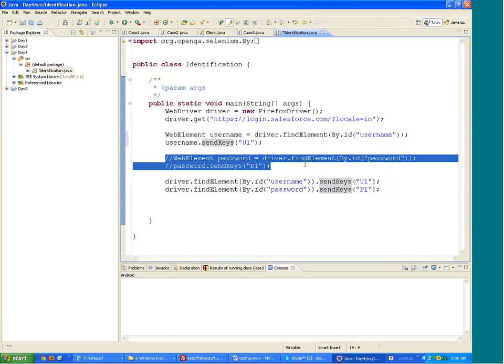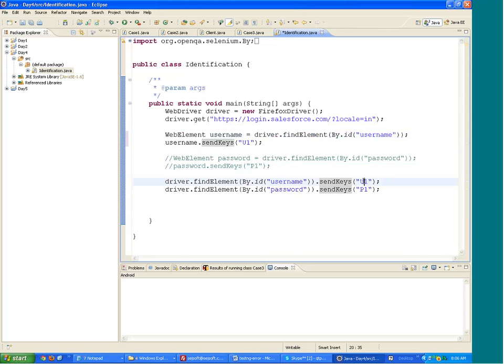Alright, fine. Now what happens if there is no ID? ID is not mandatory. It can be present or not present with the object. Not all objects have an ID. For example,